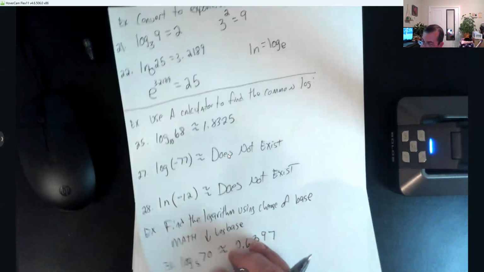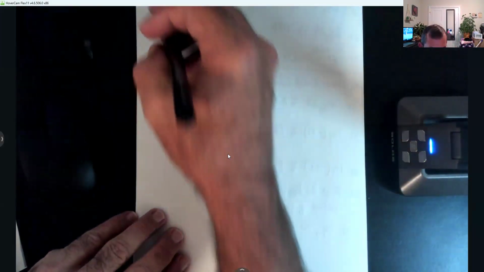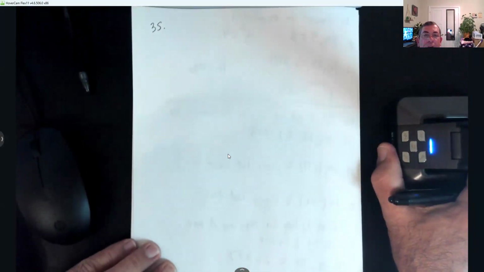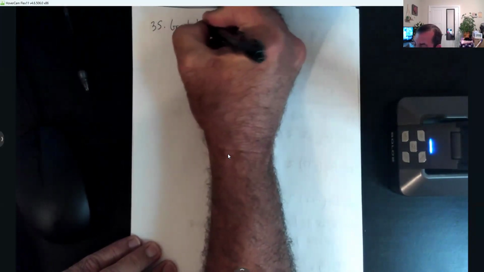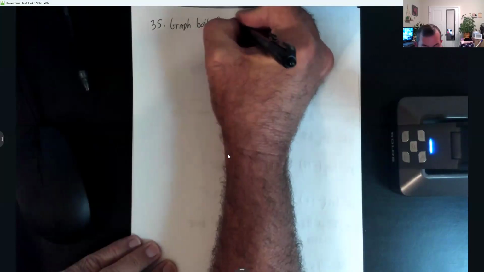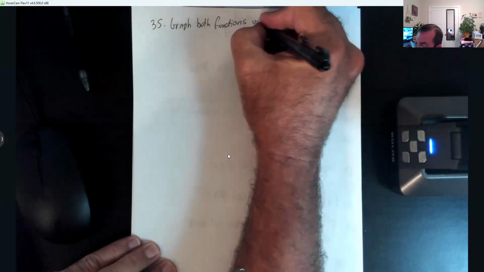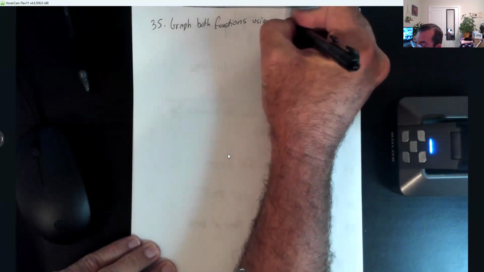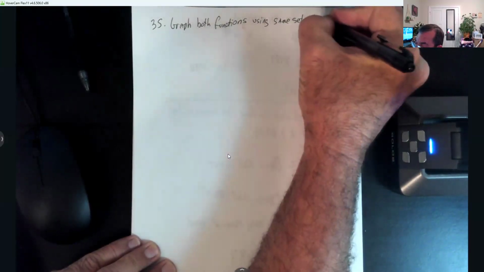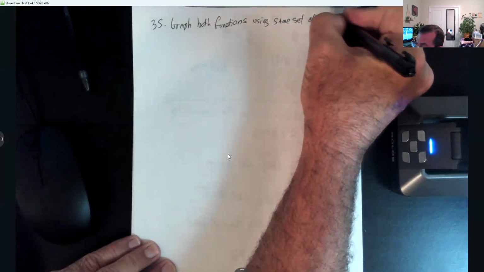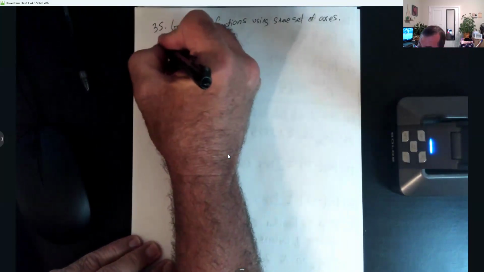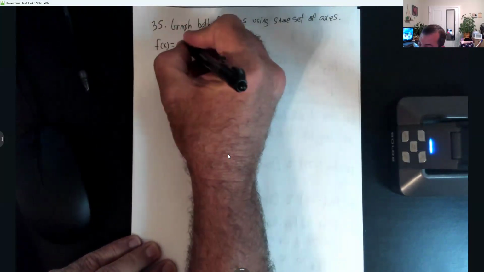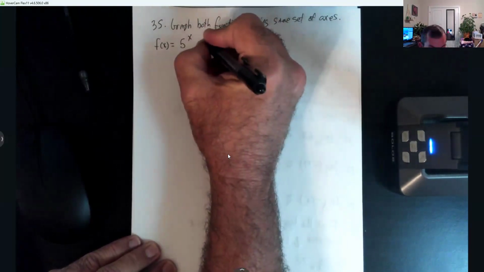Oh, you know, I'm trying to look at the last problem on here, number 35, is just a graph. So they want us to graph both functions using the same set of axes. So the same X and Y table. So one of them is exponential, 5 to the X, and then the other one,